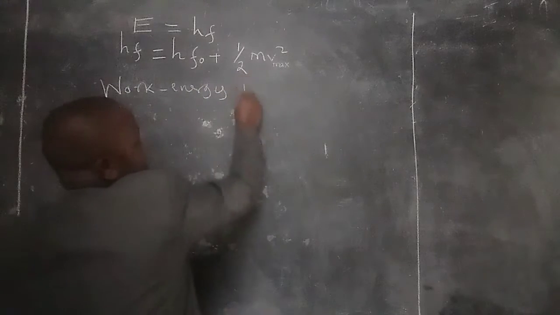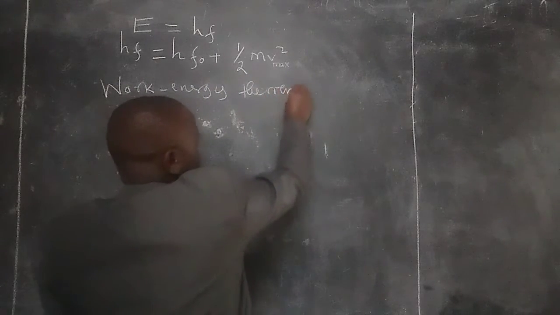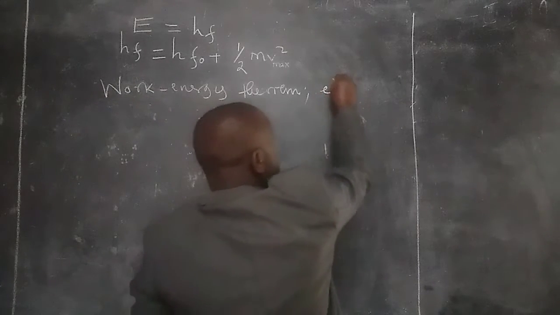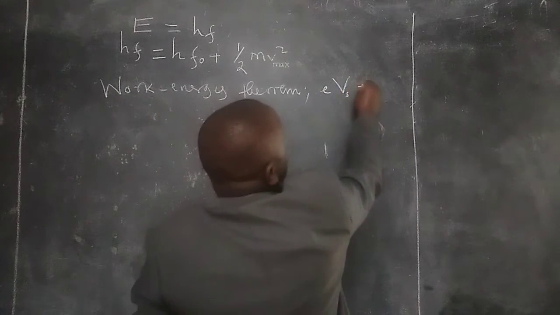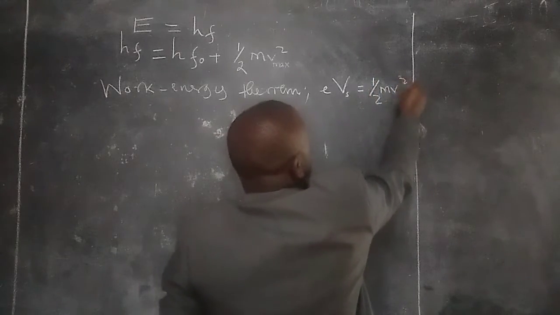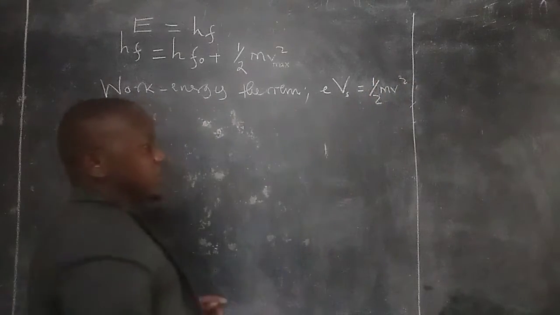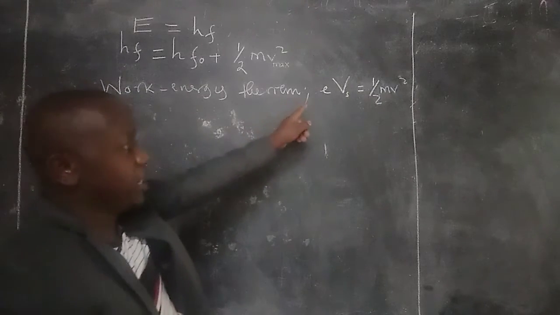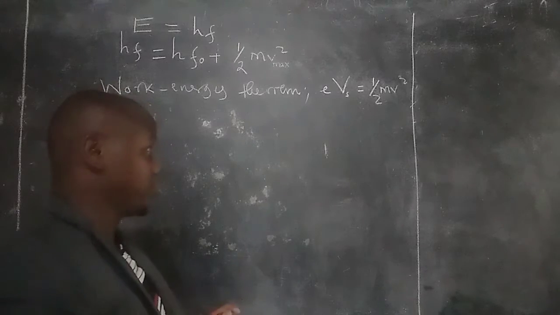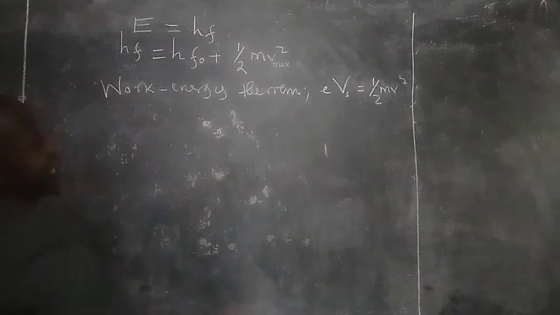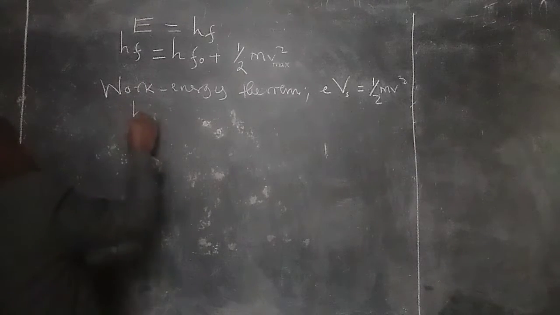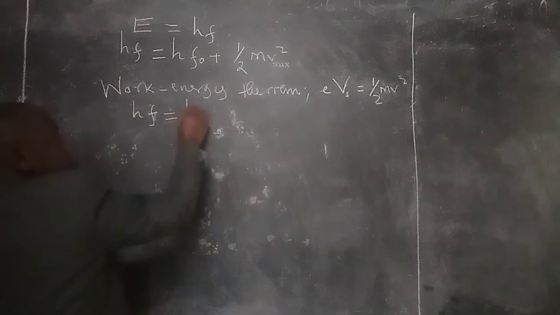energy theorem, this relates eV to half mv squared. The stopping potential times the charge of an electron should give us the kinetic energy of the electrons. So this means instead of half mv squared, we can have hf being equal to hf naught